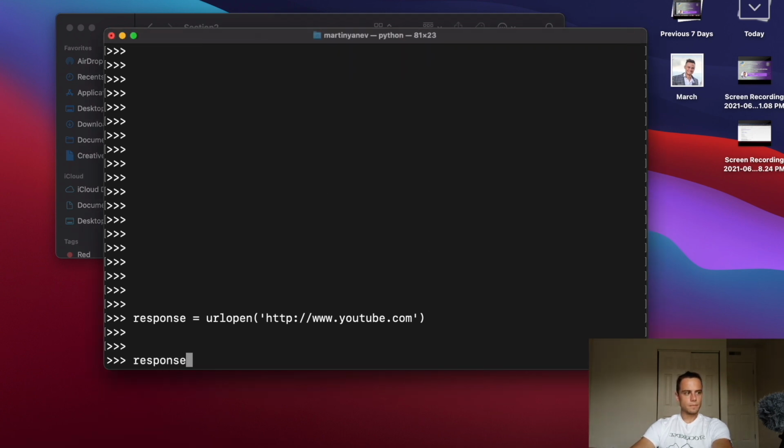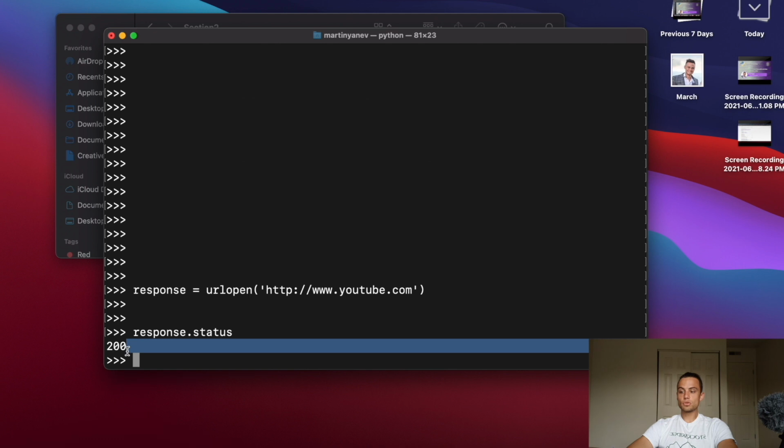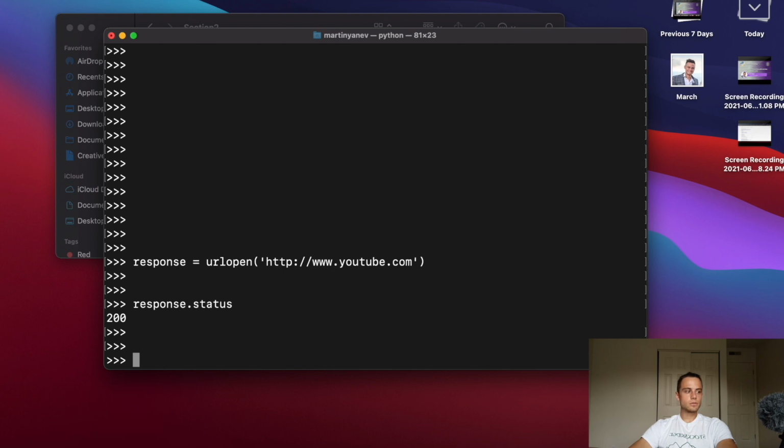response dot status, and we will get that the status is 200, which means that we successfully collected the data from our data source, which is quite good. And this is the way that you can check if you get the right data, because code 200, as you remember, means that we have a success in collecting the data. This was the last thing I want to share with you for today, guys, but we have more yet to